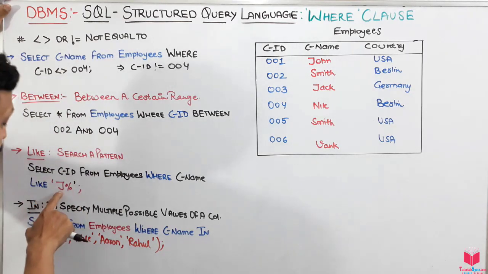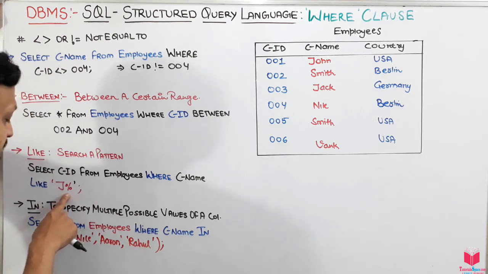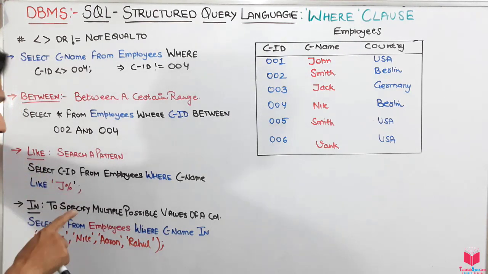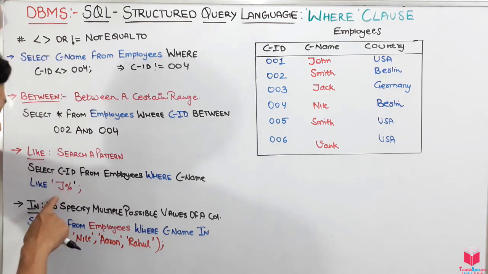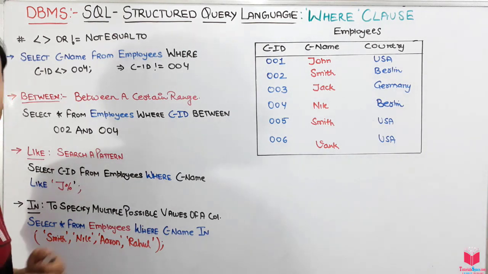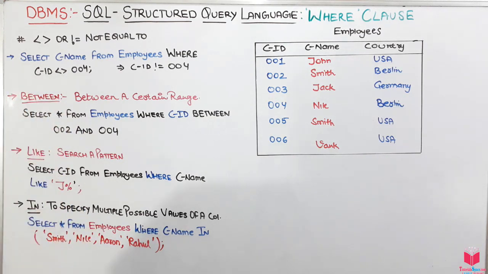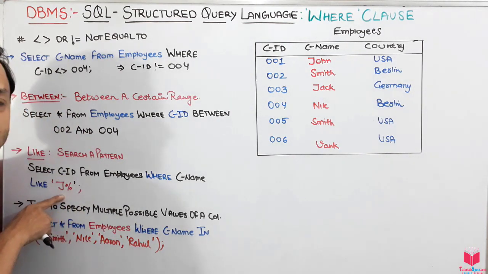See, we have put that J then ampersand symbol. It says that the name should start from J. The first alphabet is J and after that it can be any alphabet. Okay, we don't know any alphabet after that; we just remember that his or her name starts from J. So then we can put these kinds of things.